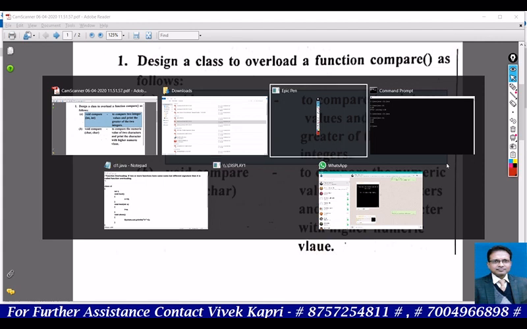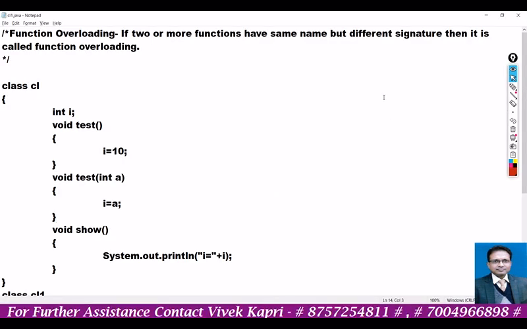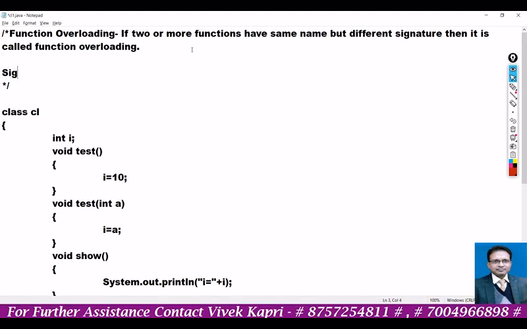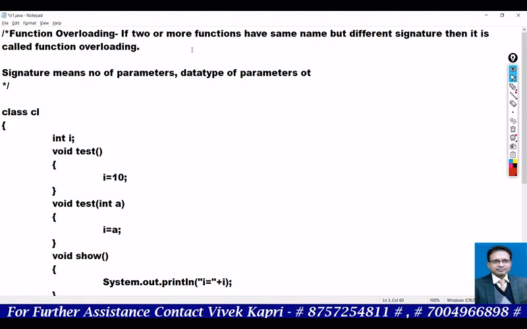I forgot one thing to give you the detail. Here is the word signature. Signature means the number of parameters, the data types of parameters, or the sequence of parameters.